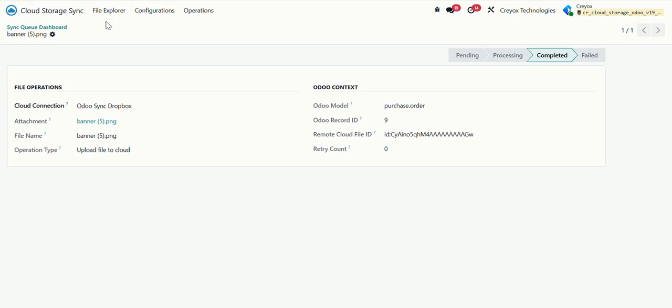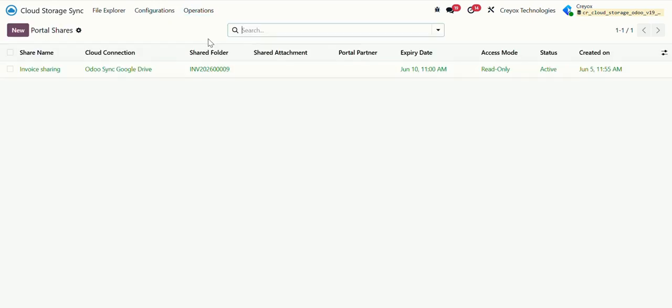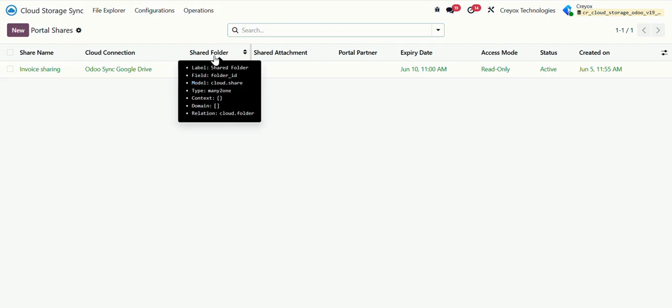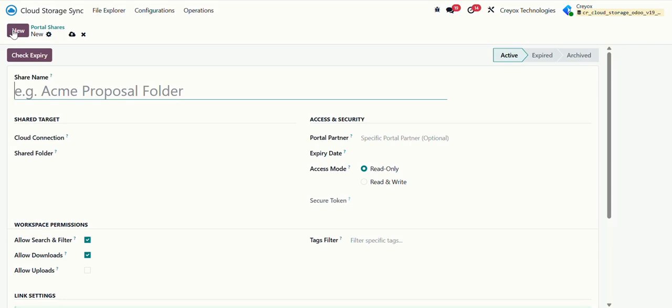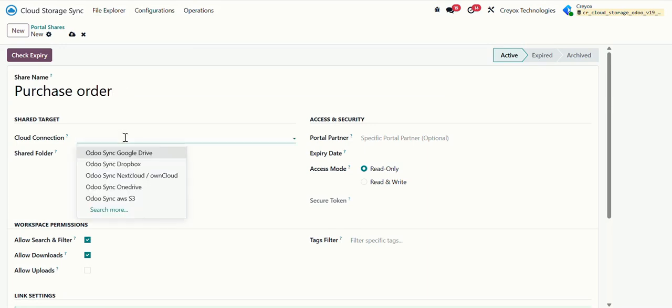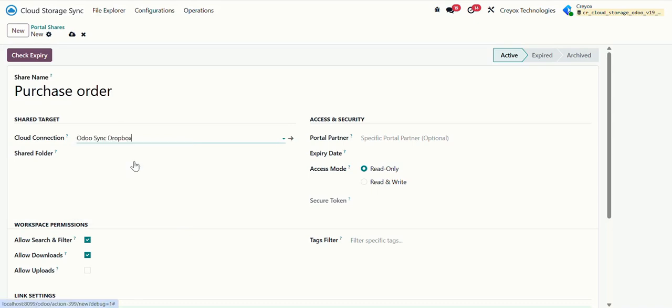Then the next thing is under operations, if you go to secure portal shares, this is something we have provided to share the folders using a specific link. If I click on new and I give a name as purchase order, now this is the share name, like I want to share the purchase order folder. Now from which cloud connection I want to share the folder. So for now I'm selecting